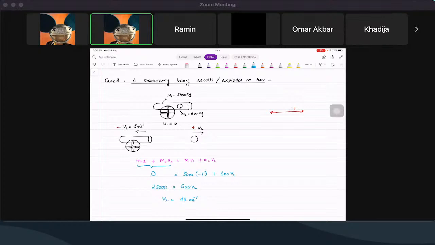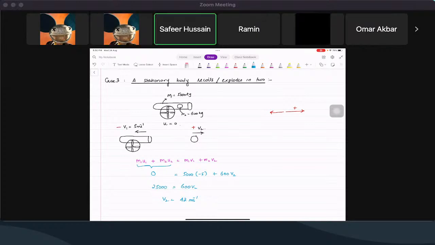So these are the 3 different conditions they're going to ask you about, and that's it from law of conservation of momentum. So inshallah, in the next week we are going to finish this topic,